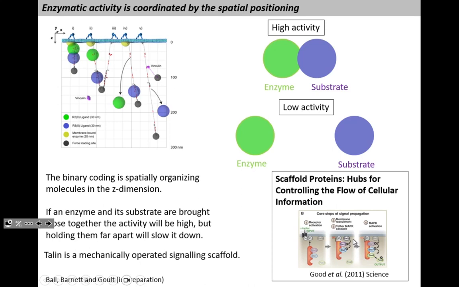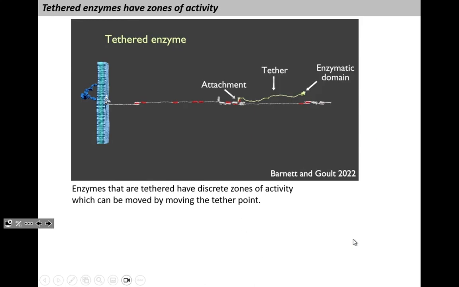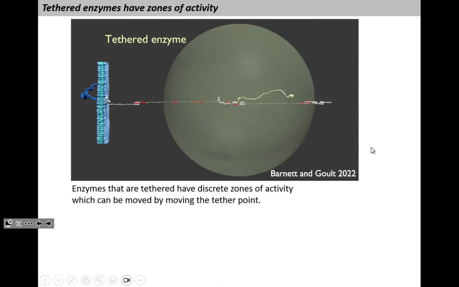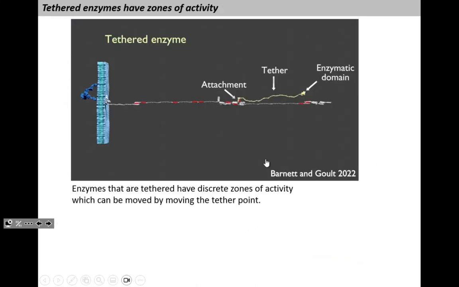But you're not just bringing them together in space and time, you're moving them relative to each other in space and time to control this activation. And if you look at what this looks like, I don't know why that doesn't play, it's a bit weird. So this is an example of something which we're working on in the lab. This is an enzyme which has got, I wonder if I can go back to the start. It's got an enzymatic domain, but it's tethered to the protein via a binding site here, and then a long